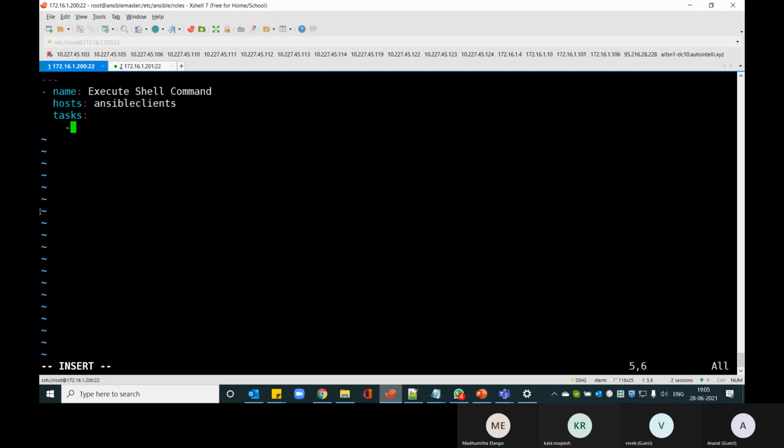Again, name, there's only one task, maybe let's say check the date or check the host name. And then I mention shell and the command to actually execute.